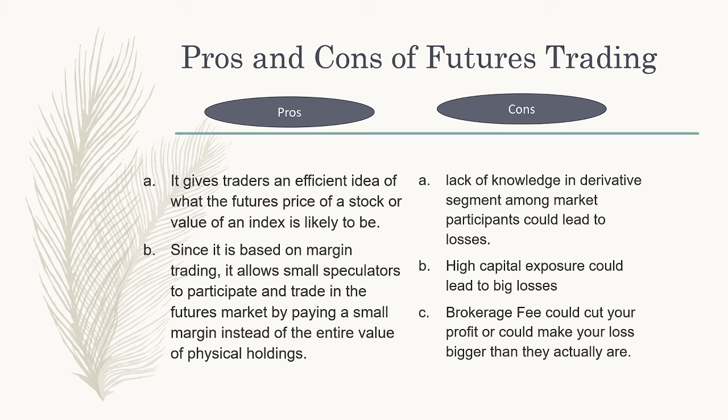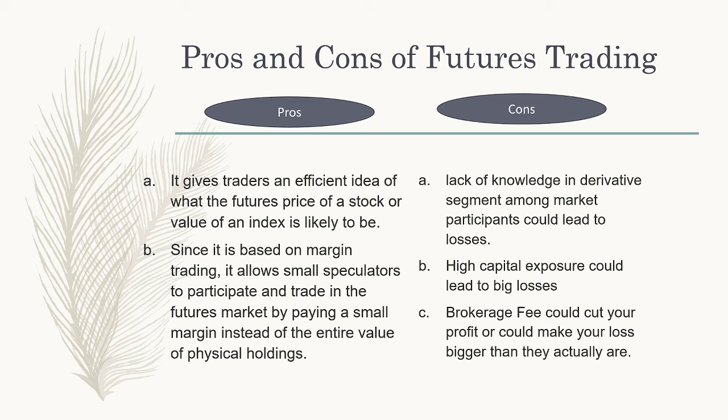So the pros are it gives traders an efficient idea of what the futures price of a stock or value of an index is likely to be, right? So what do we mean by that? That it gives us some idea of where it is moving. If this underlying asset is trading at a premium, that means the future price would probably be a bit higher. It is likely to go higher. If it is trading at a discount, which means that the stock price or the index price would